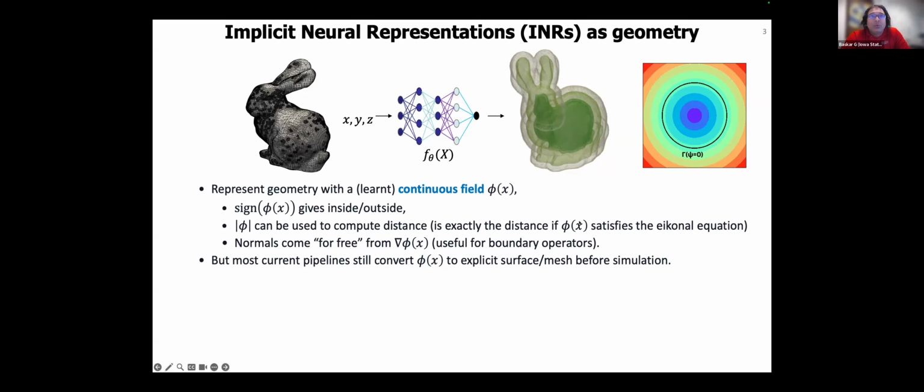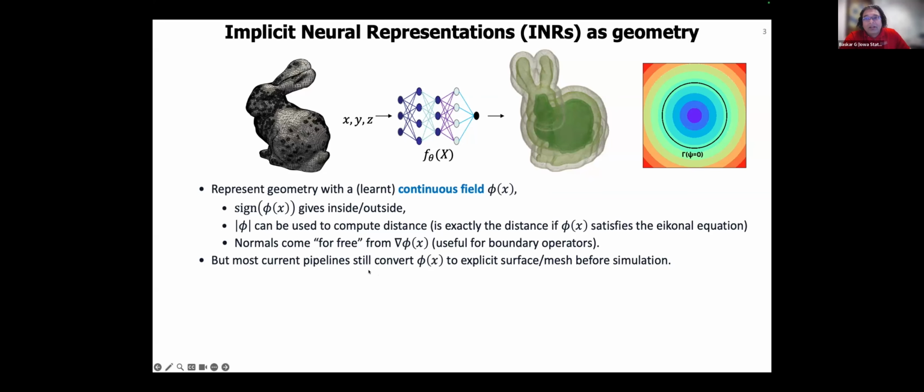That is, gradient of phi equals 1, then that's exact. And then normals are essentially free to compute, right? So some notion of gradient of phi will give you the outside facing normals. But most current CAD pipelines don't explicitly or directly use this implicit representation, and so they essentially convert this phi of x through marching cubes or something to a surface representation and then